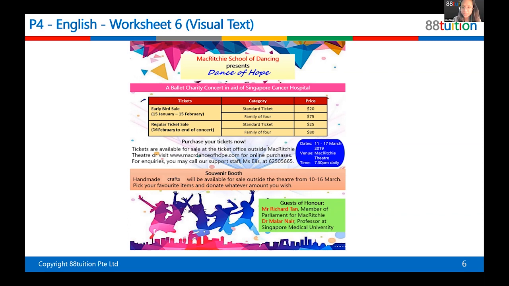So this one is important because it tells you the pricing according to whether you're buying it early or late. So early bird price means you're buying it in the earlier weeks, okay? Then after that, for example, 16 February onwards is the late period, because it's very close to 17 March, right? So it's very close to the actual date, so the pricing is more expensive. So you need to look carefully, okay? If the person is ordering on 14 February, obviously you must look at the early bird price, right? If you're ordering after 16, you look at the regular price, okay?